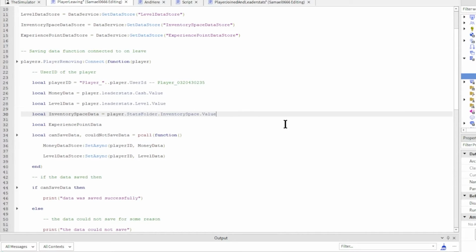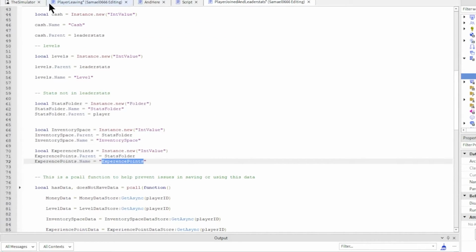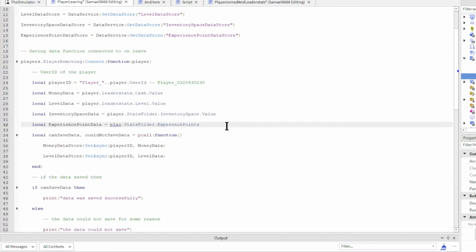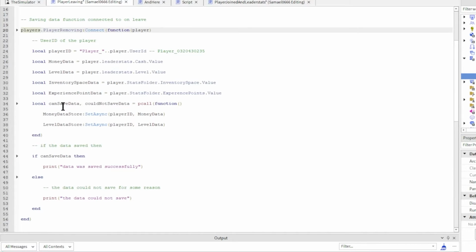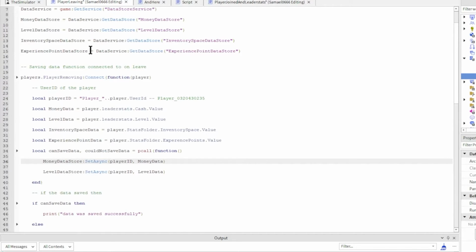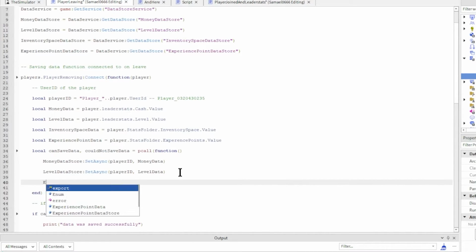Same again, we need to do for this one. So equals player dot stats folder dot, now we need to remember the exact name, experience points, and then dot value. Now this is due to the fact that we're doing it from a second script also, and it's inside of a different function. So now that we've done that, we need to go money, we need to get the experience data store,